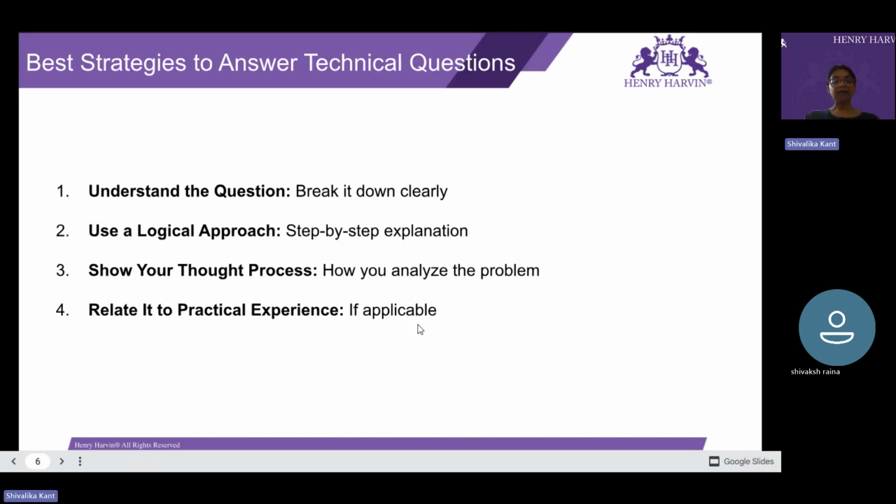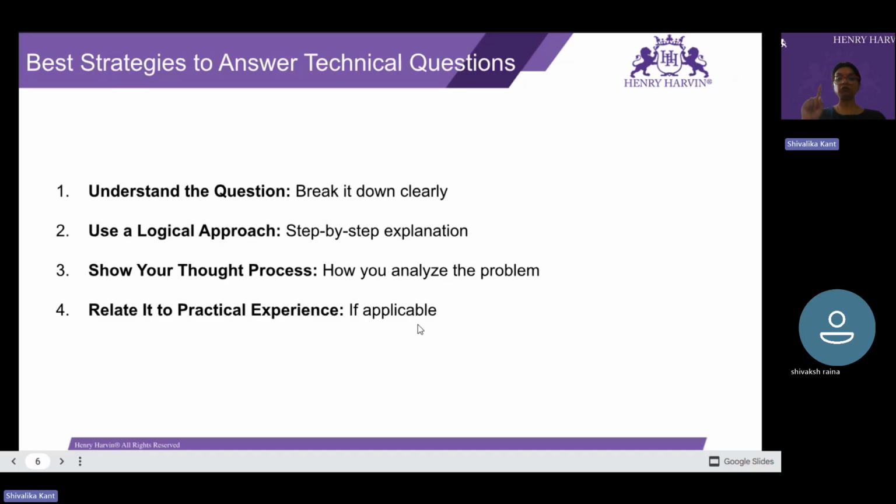Use frameworks like: explain the concept, give a basic definition, give an example, relate to the job role. So here, say there is a question about a coding algorithm. Then you can say, this algorithm uses dynamic programming. For instance, I applied it in my project, where then you can discuss your company's work with large data sets. This approach would help optimize, then continue. So this is how you will work on your structure.